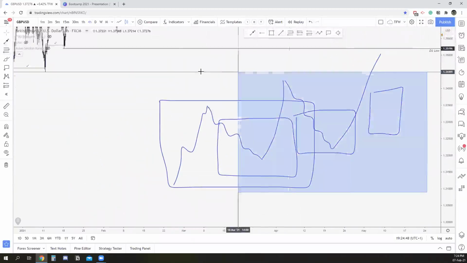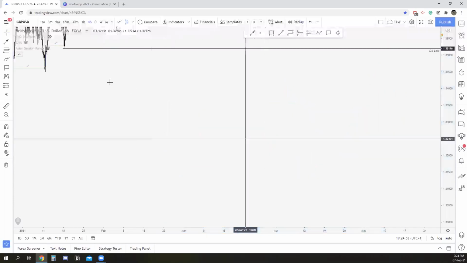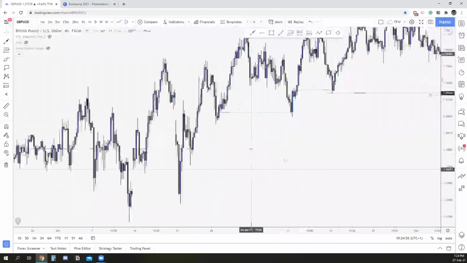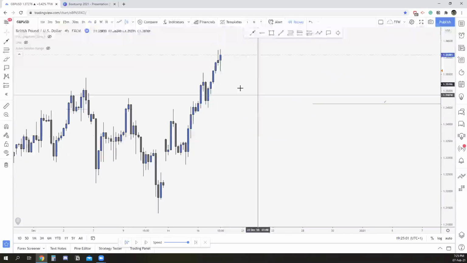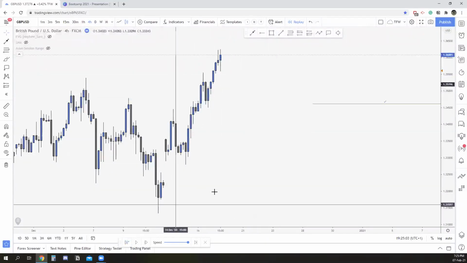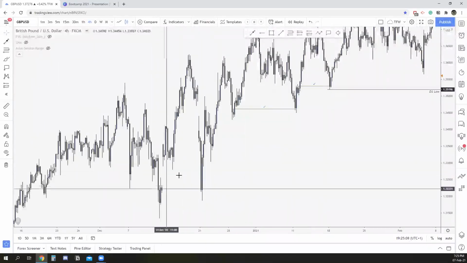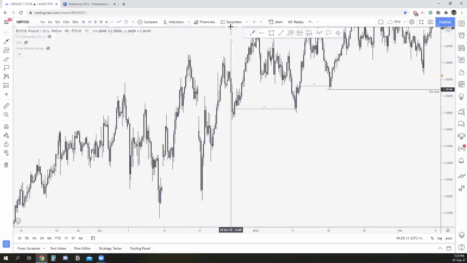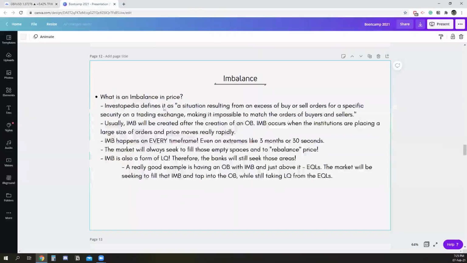So that empty space will always get filled. Think of the market as a canvas. It cannot just go outside of the canvas. It is always going to be printed inside of it and fill all empty spaces. You can see that big move to the upside. Once you have this, you have all of that empty space right there that has to get filled, that has to be rebalanced. And again, the market came all the way down to the bottom to fill that empty space. And here we go again, right? Here you have again a push, all that empty space, it will get filled. But enough of this, I'm getting too carried away, right? The market will always seek to fill those empty spaces and to rebalance the price. Let me put the presentation.